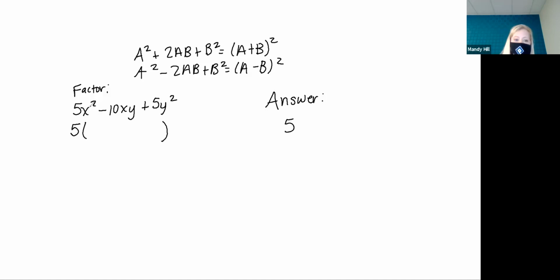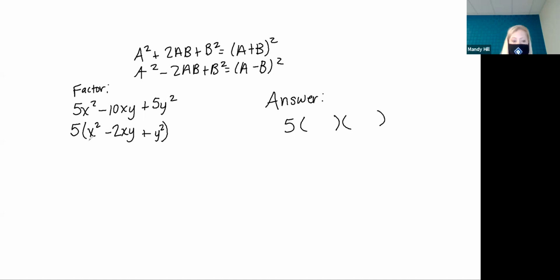So if I take a 5 out of 5x squared, well, I just have x squared. If I take a 5 out of negative 10, well, that's going to give me negative 2, because 5 times negative 2 gives me negative 10. Still have my x and y there. If I take a 5 out of 5y squared, well, that's just going to give me y squared. Okay, so I know that my answer is going to have